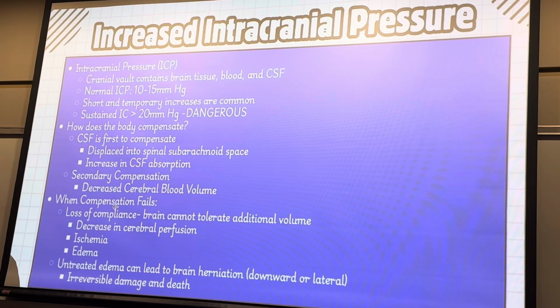So if I have a significant rise in our cerebral spinal fluid or a significant rise in swelling or edema within that brain matter because of that injury, that's going to cause excess force, excess pressure within that intracranial space. Between your brain tissue, that blood, and that CSF, all that together is causing that excess pressure, excess force, causing that injury. Maybe it's causing excess force on that vasculature space, or direct force on that brain tissue, that brain matter, causing that injury. Normal ICP is 10 to 15.